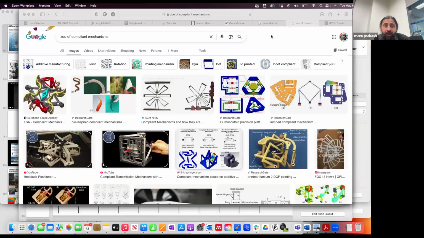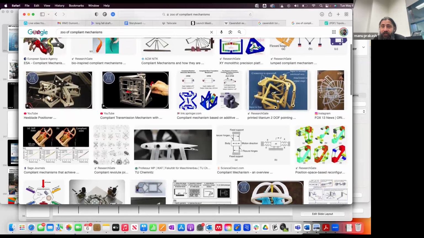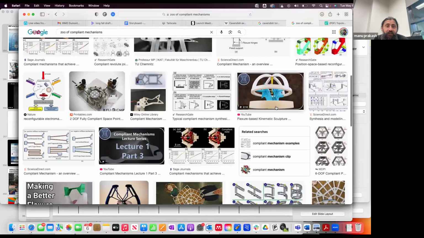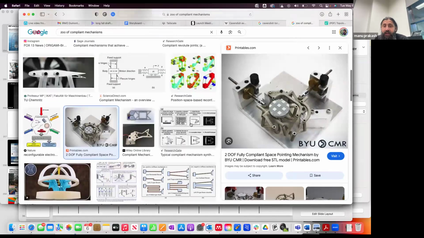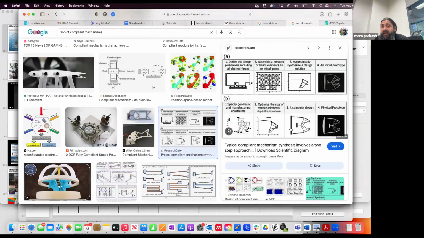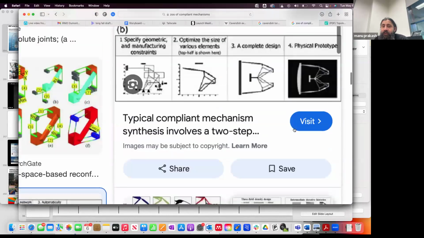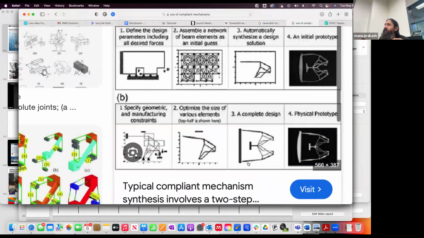So let me just, if I just type here, zoo of compliant mechanisms. So suddenly, I just want you guys to just see and be in awe and wonder of just, holy crap, what's out there. So you can see all of these sets of things are a crazy number of compliant mechanisms. Now with AI, you can do things where you don't even know, you just optimize the network,